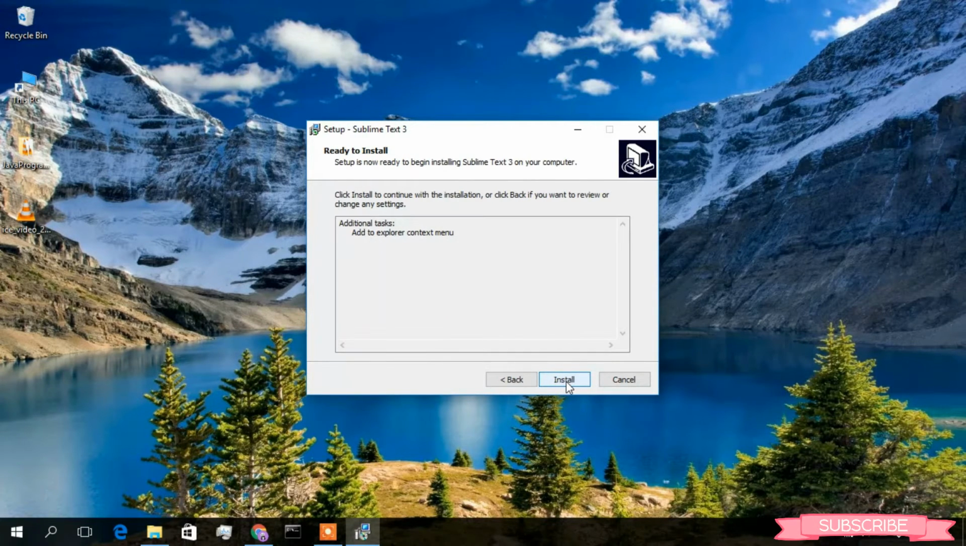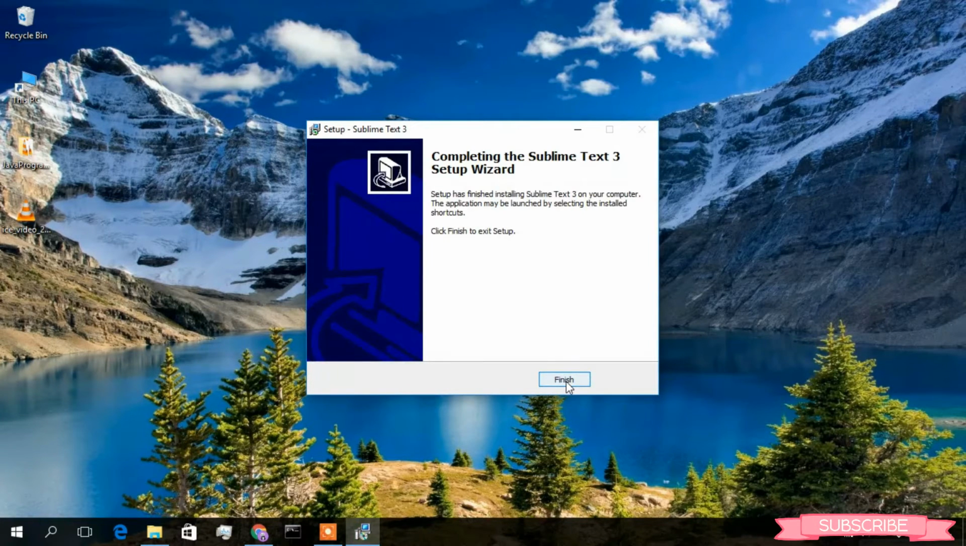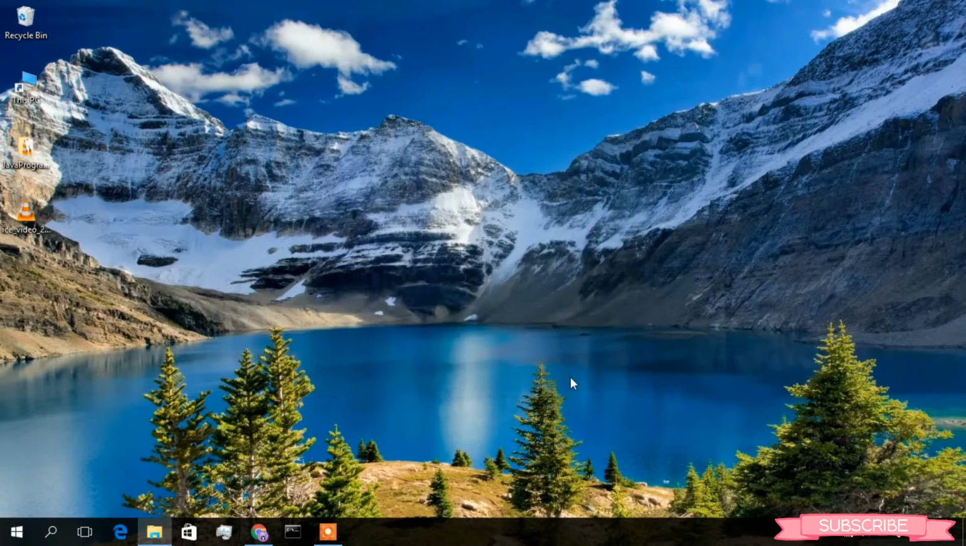Now just simply click on install. And now as you can see, Sublime Text 3 is currently installing, and it's a super fast install. As they have finished this installation, now just simply click on finish. And now that you have installed Sublime Text in your Windows 10 operating system, now it's time to